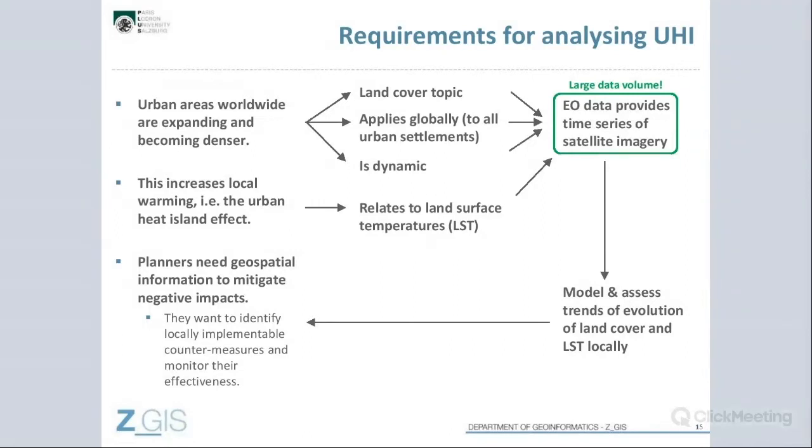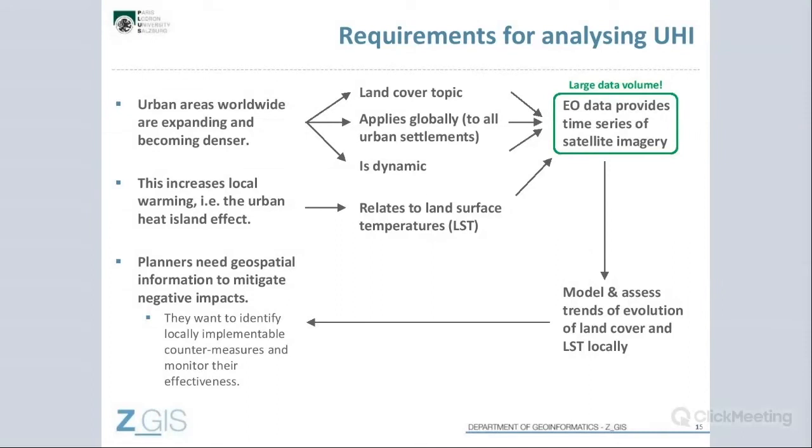So urban areas, that's a land cover topic. It's globally applicable to all urban settlements, and it is a dynamic process. And all these 3 elements, and additionally the land surface temperature, they show us how this is really an Earth observation topic.